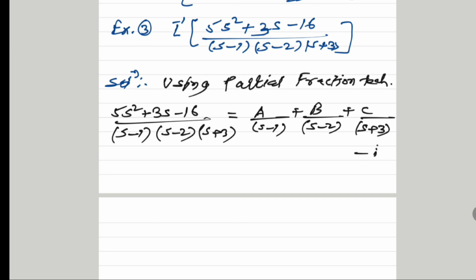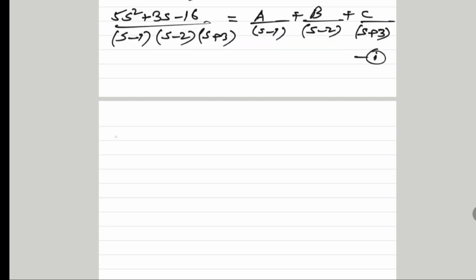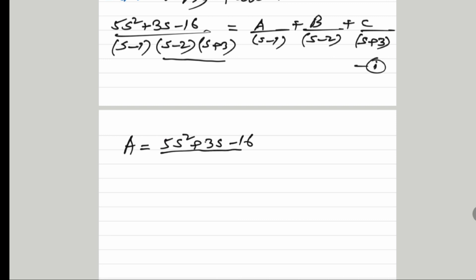And we call this equation 1. By shortcut method, we find the value of A. Here the LCM is the product of the 3 factors, s minus 1, s minus 2 and s plus 3. Dividing by s minus 1 from that product, the remaining terms are s minus 2 into s plus 3. Therefore, we get A is equal to 5s square plus 3s minus 16 whole divided by,